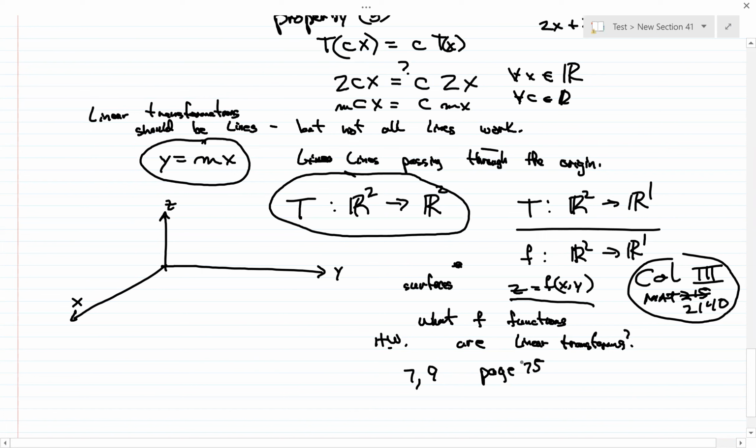Really can't give you 2 through 6 yet. Let me tack on 11. That one I can do. 7, 9, and 11, and the exercise that is given here. So 4 problems. So class is over,